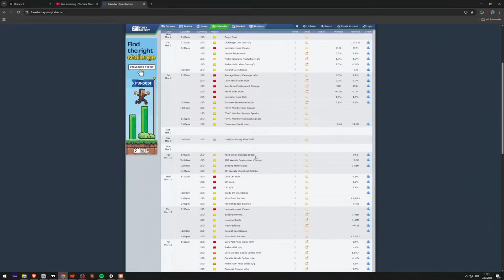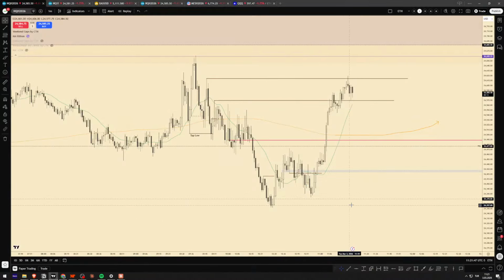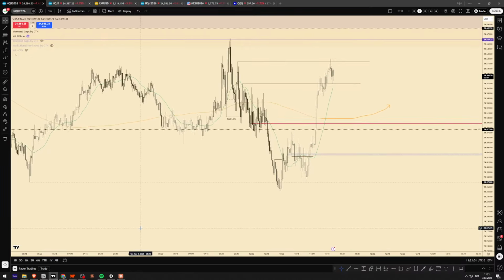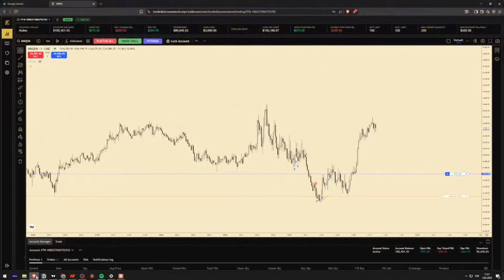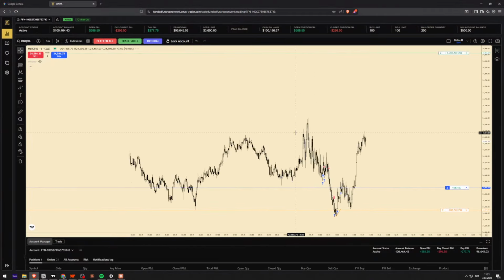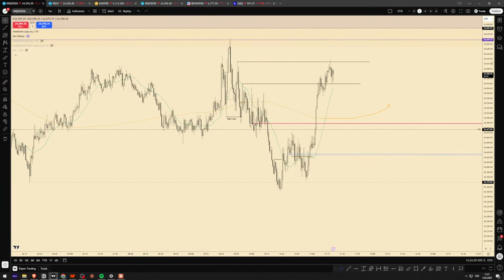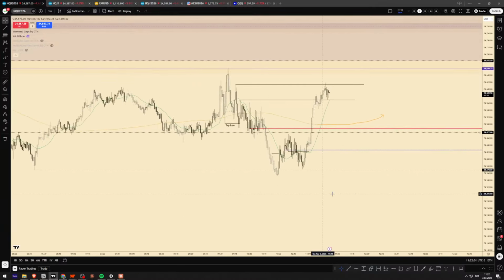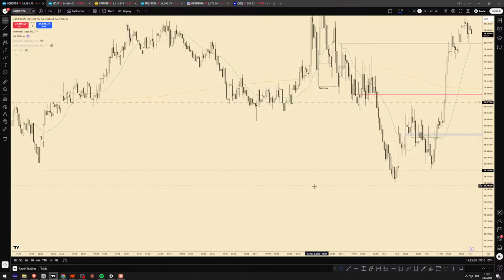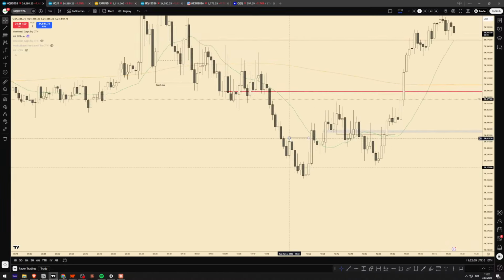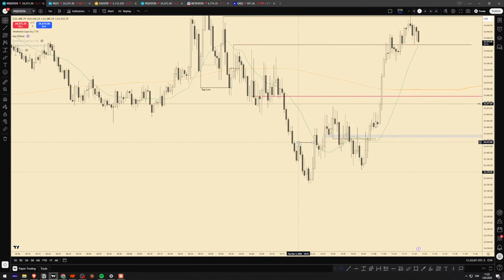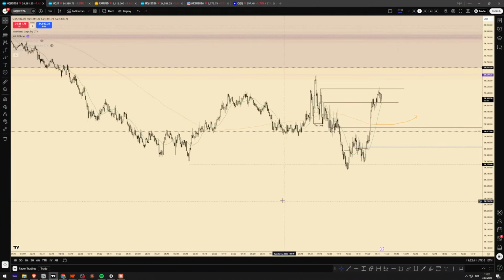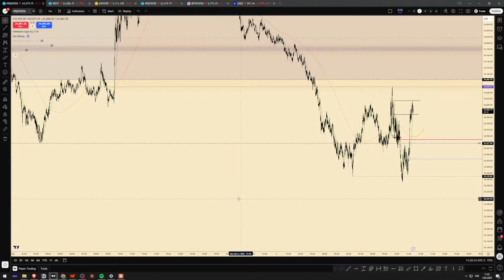So I don't know, but today I just wanted to be a little flexible and just trust this objective level and trust the structure. I mean, at least the final structure. I didn't really want to see price closing above this high over here. So the context was